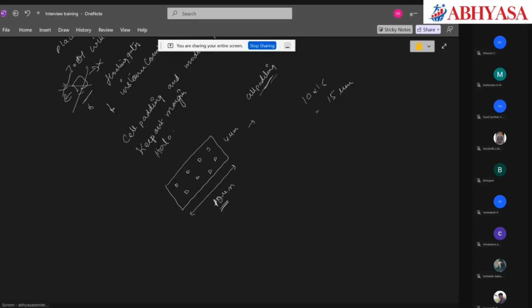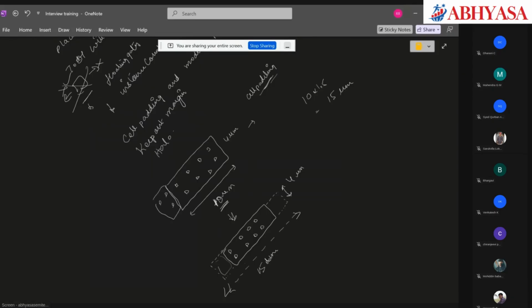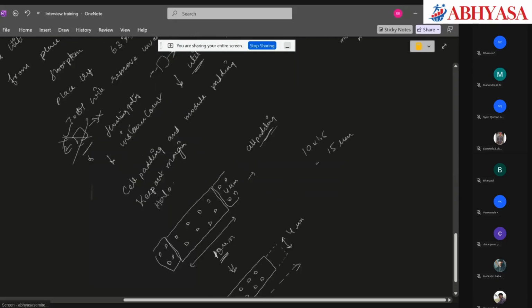So if I define a cell padding of 1.5 times, I am bluffing the tool saying that the size of my cell is not 10 by 4, it is actually 15 by 4. How will this help me? No standard cell will get placed in this region. Here another standard cell can get placed, again there will be pins for that standard cell. To avoid that, I am giving a padding wherein I will have ample amount of empty space around that standard cell. So now once placement is done and all,